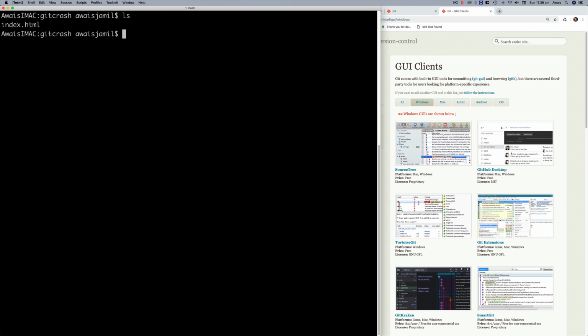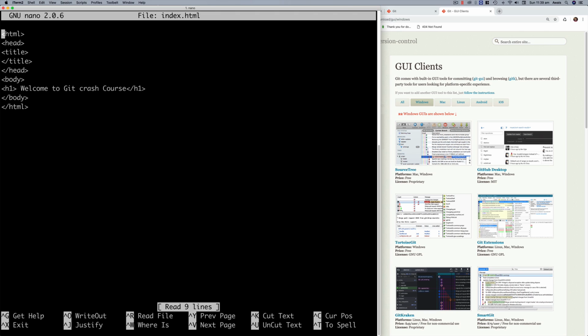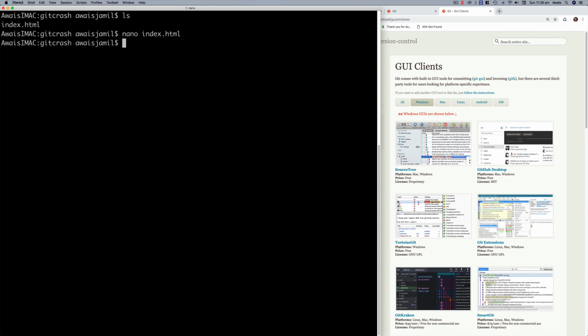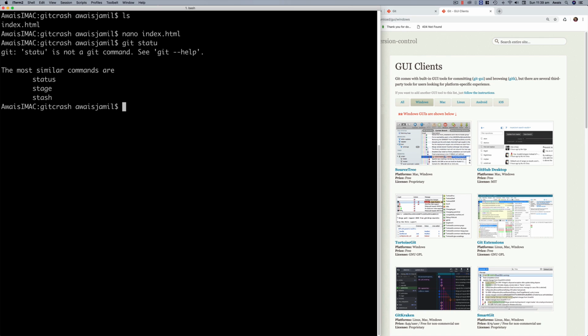Okay, that's done. Now what we want to do is go to nano and open this index.html file and make a change, and then we'll see the git status. So I'll do nano index.html, and I'll say h2, I'm going to make changes to this file. Okay, let's save this, enter, get out. Now if I do git status,